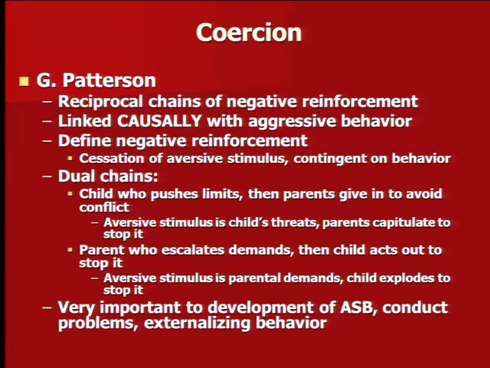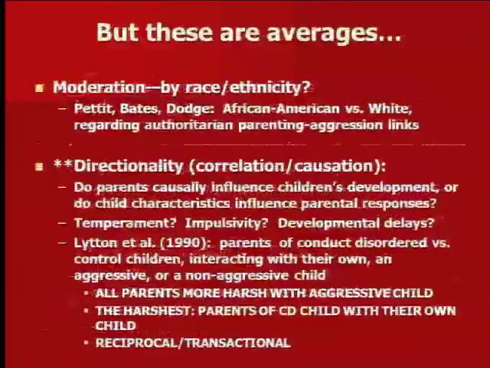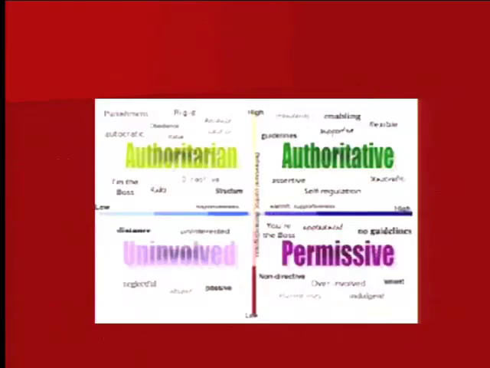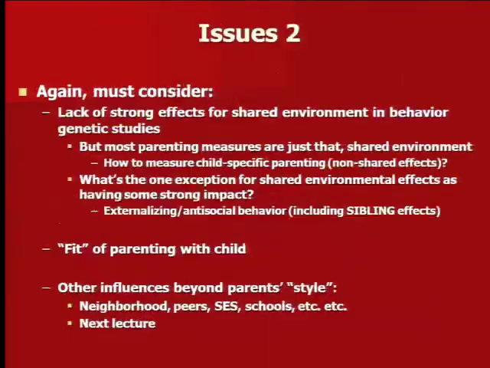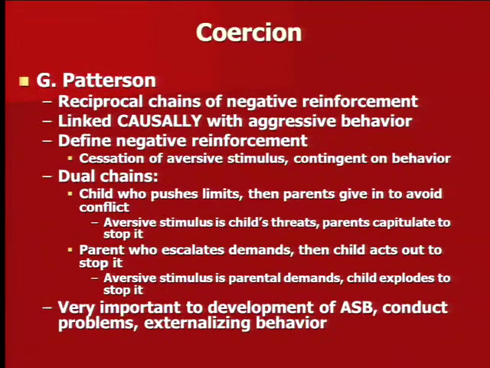So in real time, really ineffective parenting may be a blend of, back to the earlier slide, seemingly authoritarian and permissive. They're on opposite ends of the pole, but actually a lot of parents don't know how to set limits very well, or then when they do, they come down so hard it borders on abuse. So the message is, let's go back to where we were, that just getting a parenting questionnaire or having a clinician rate or trying to get an overall style of parenting may not tell the whole story. Real-time, interesting blends of too lax and too harsh put together. Now, if we had more time, we'd talk about whether coercion is a causal risk factor. It's a risk factor because it occurred 10 years before the kid went to juvenile hall and it predicted it.